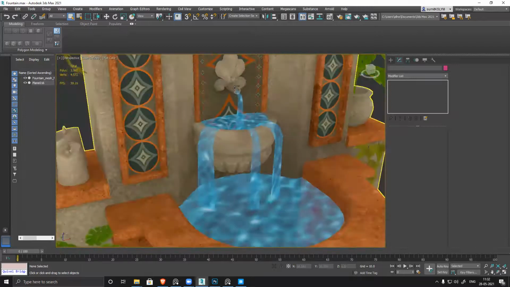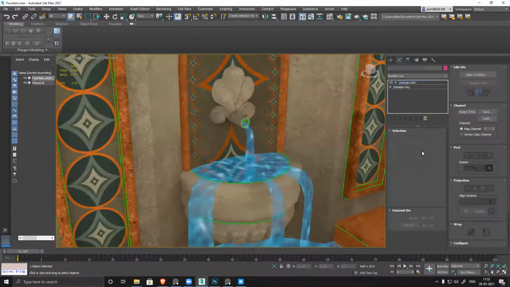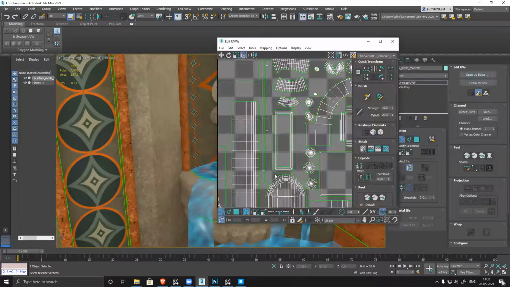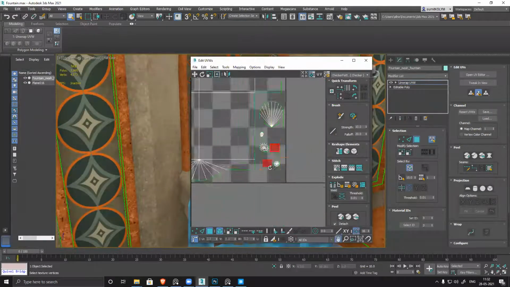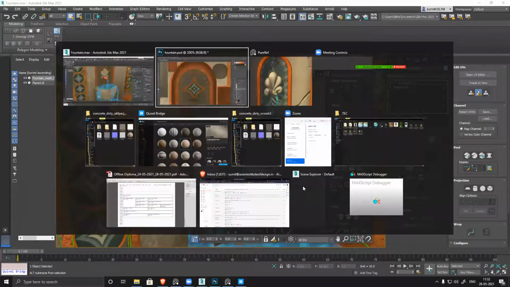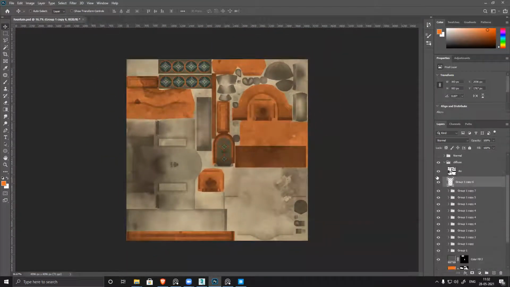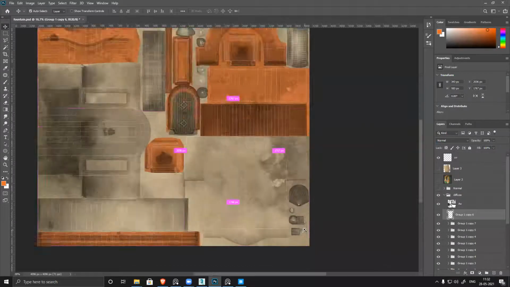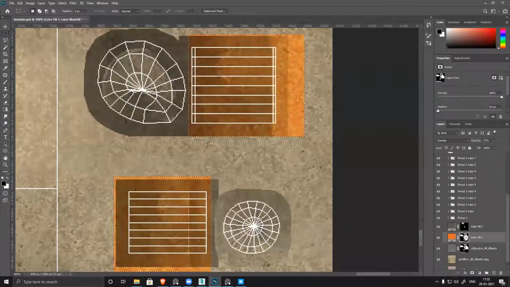And this pipe here is also supposed to be orange in color. Save this. Where is it? I have to check it. Okay, these two, it's separated in two sections. That's all. Okay, Photoshop. Now keep them together, less number of UVs. Orange. Fill the color.